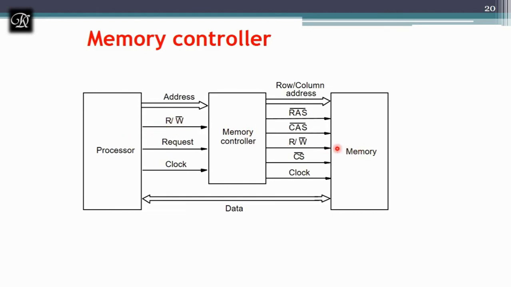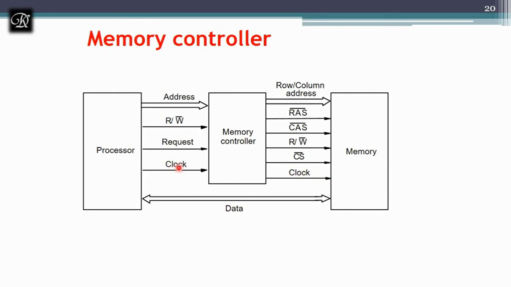The read/write signal is a control signal generated by the processor, and it is forwarded to the memory. The processor is going to make a request, and once the read task is done, or if it is a write, once the write task is done, we have seen there is something called MFC, memory function complete. The memory controller is going to tell the processor that the memory function is completed. Here it's synchronous, so the processor gives the clock, and the same clock is transferred to the memory.